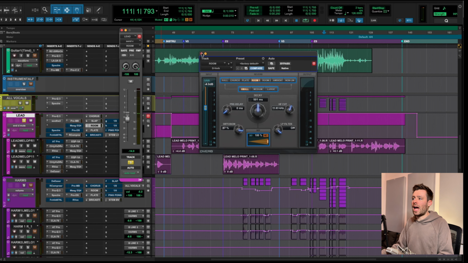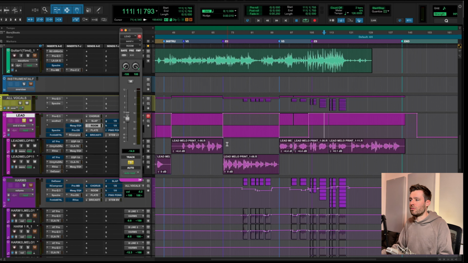So that's just adding that kind of room space. If we have a listen in verse 2, for example, when the plate reverb isn't in,